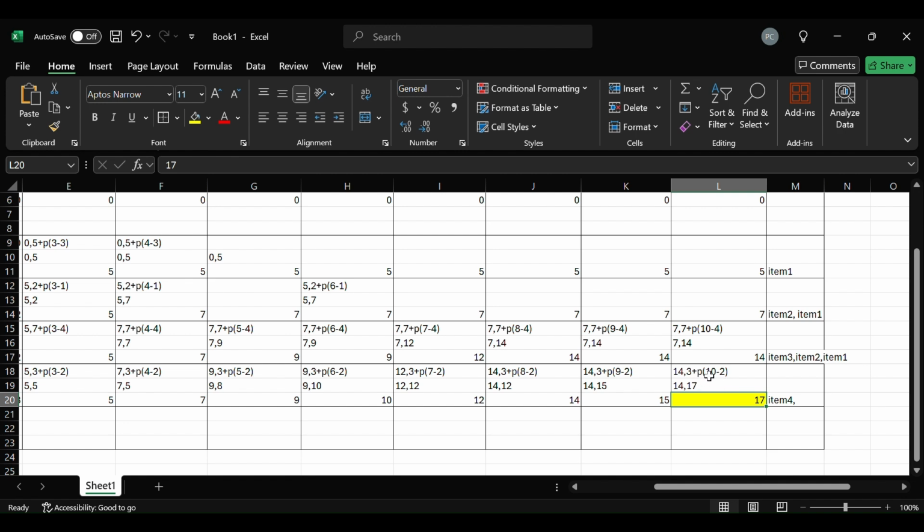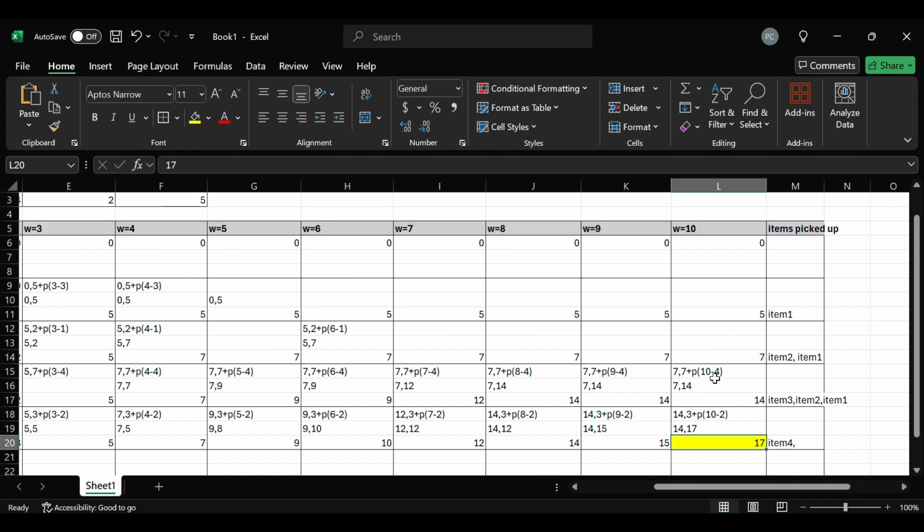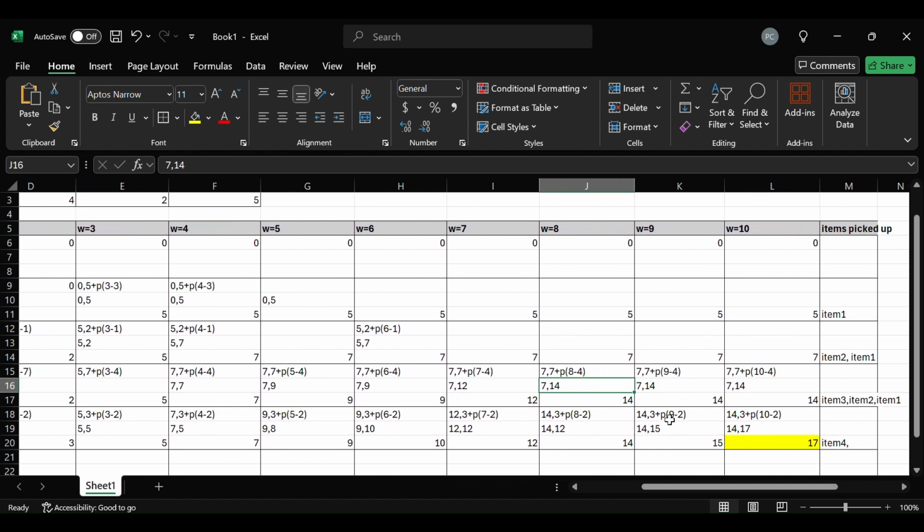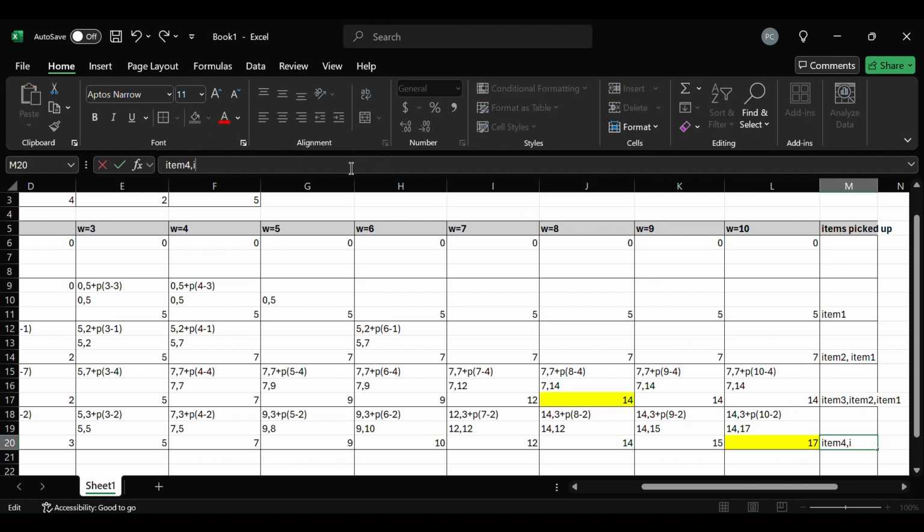So P of 10 minus 2, 8. So go up and go to 8. Here the decision is pick up, right? This item is number 3. So the decision here is pick up item number 3, right? So pick up item number 3,